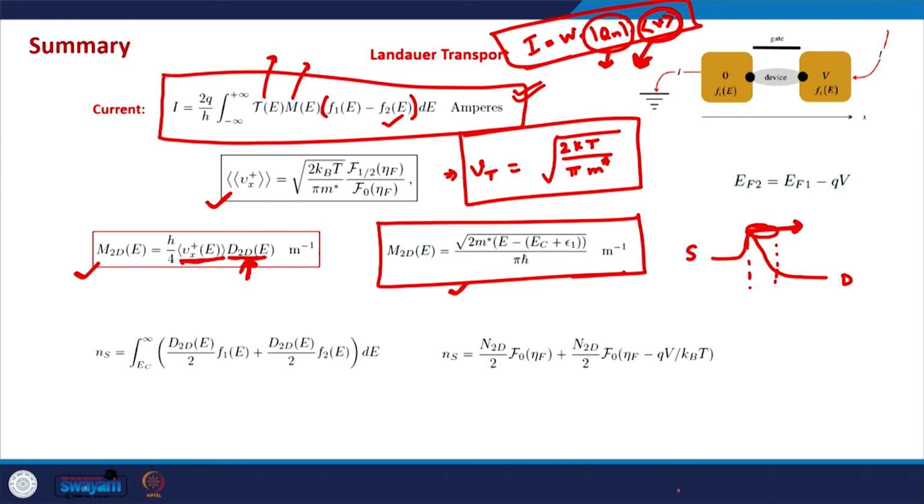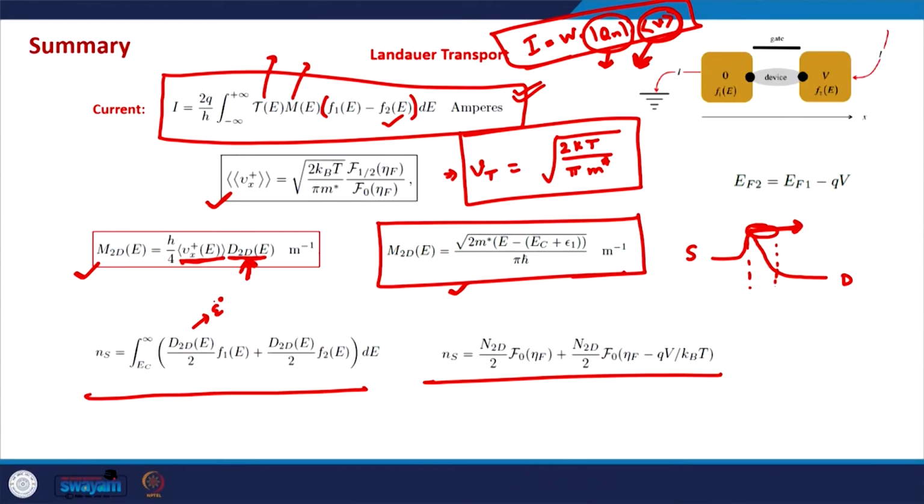Second, the average or the steady state charge in the channel is given by this expression, and when we put in the density of states for a 2D channel and the Fermi function, this is what we obtain. The density of states for a 2D channel is independent of the energy, and that is why we obtain this kind of